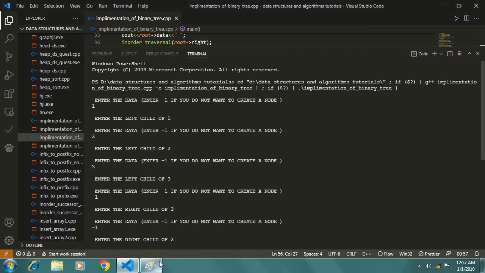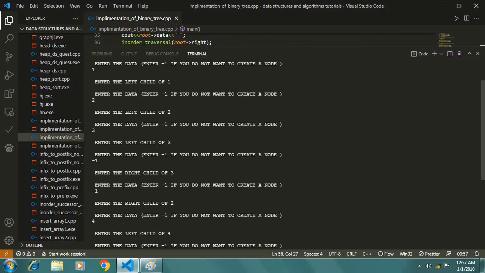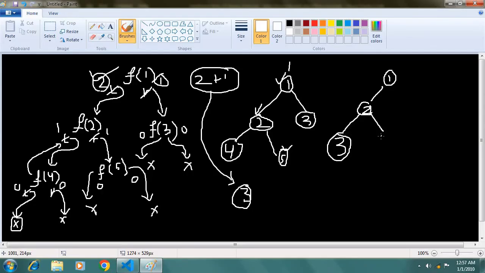There is no left child of 3, and the right child of 3 is nothing, and the right child of 2 is 4, and there is no left or right child of 4. The right child of 1 is 5. So the binary tree looks like this. As you can see, the height of this is 3. Clear? So now the second case arises.